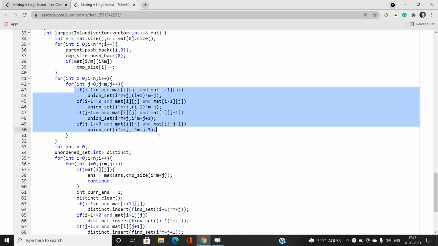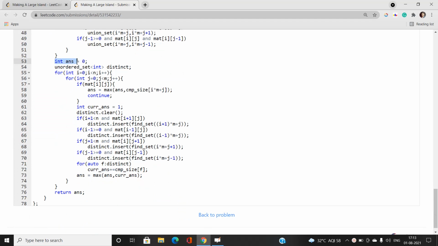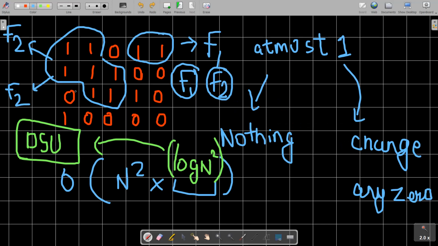Now let's initialize our answer as 0, and this is going to store the distinct parents. If you focus on this one, we can have f1, another value f2, and again we get the value f2. If you focus on the parents of the adjacent cells' connected components, I need to focus only on the distinct parents, because if I add f1, then f2, then again add f2, it will give the wrong answer, because we have added it 2 times. We need to ensure that the parents must be distinct.